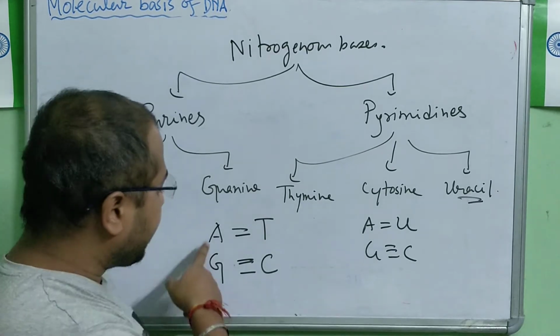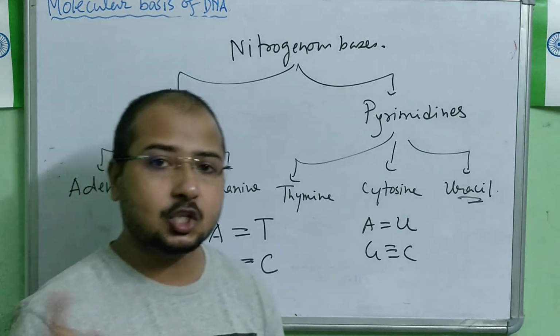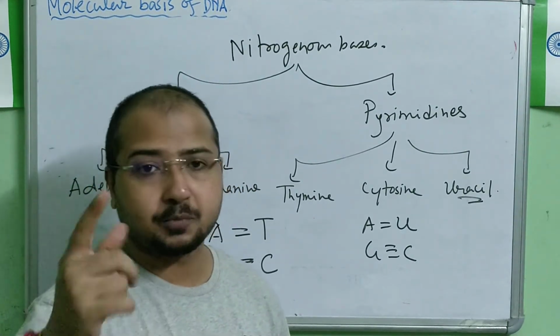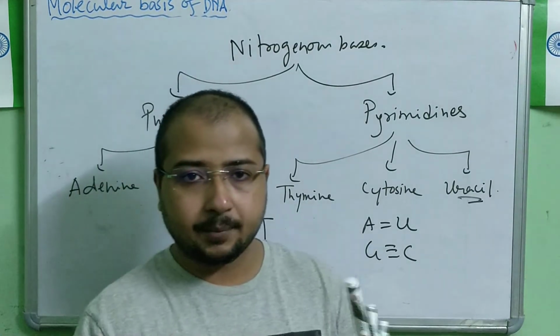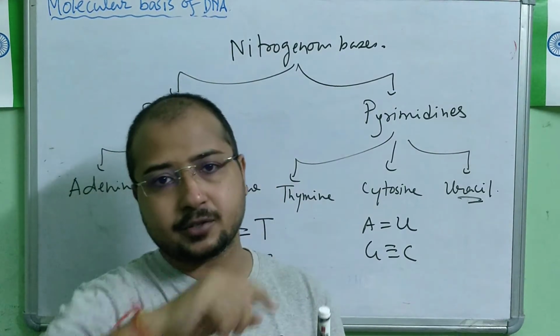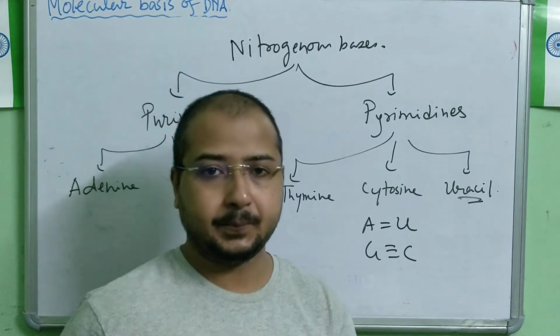So one of the nitrogenous bases goes and binds with the sugar at its, sorry, first prime position. Remember. So for the nucleotide I am talking about, the sugar is there, and at the first prime position one of the nitrogenous bases needs to go and bind. That makes it a nucleoside. Clear?